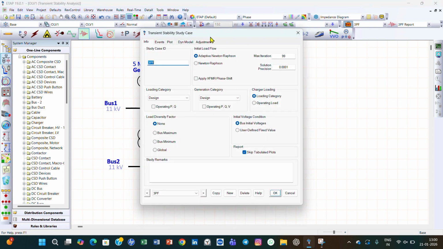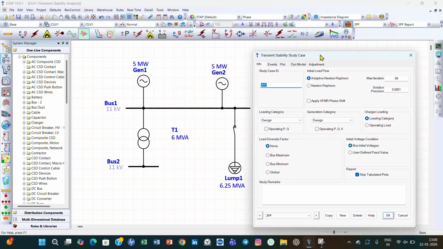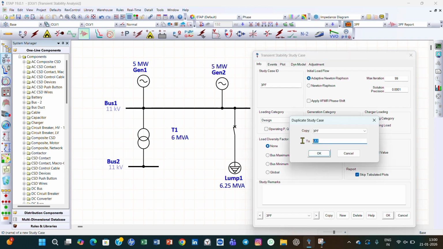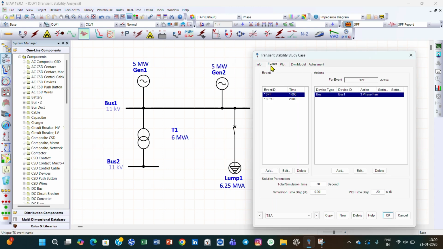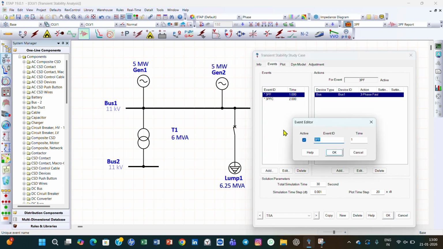Click on edit study case, transient stability case, and we will create one more study case. We can name it TS transient stability analysis, and click OK. Then go to event. In the event we have already defined that we can edit it. We can name it TS transient stability fault